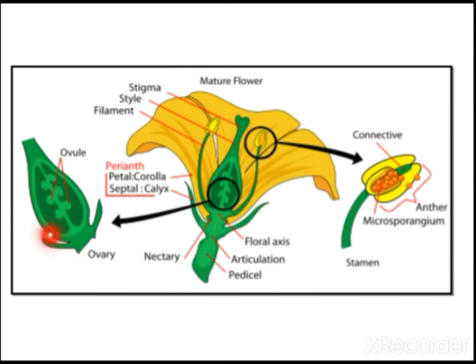This is the ovary, longitudinal section. When it is cut in longitudinal section, you call that LS. You can see the ovules attached by means of the placenta, getting attached along with the ovary. And this is the calyx and corolla.